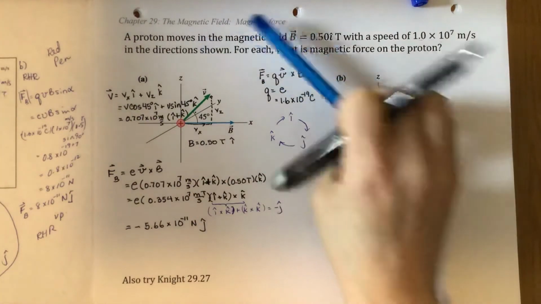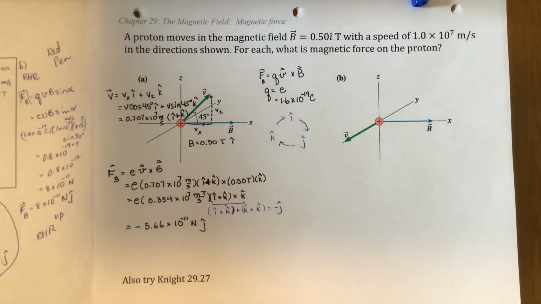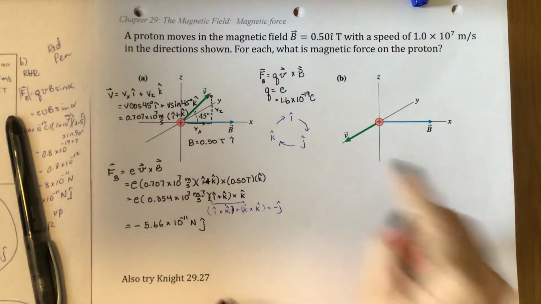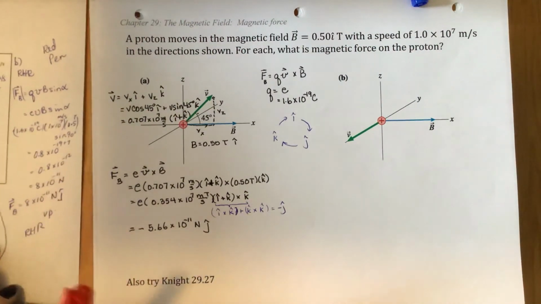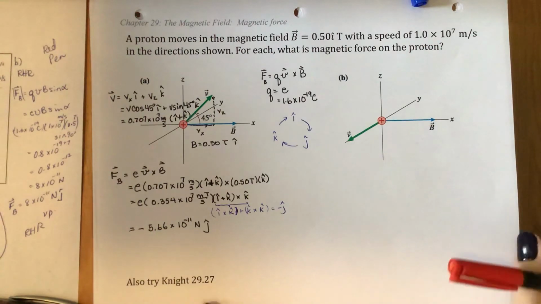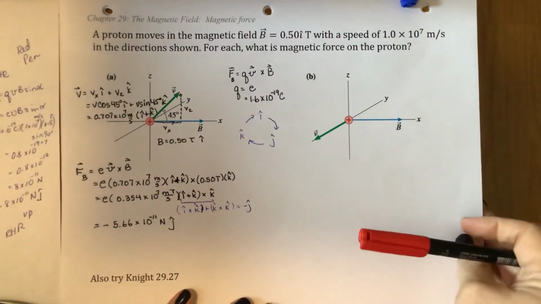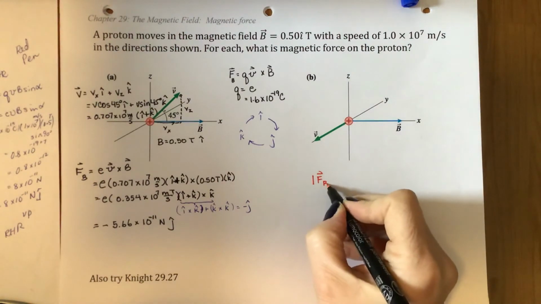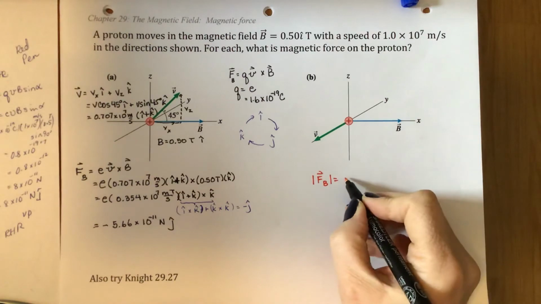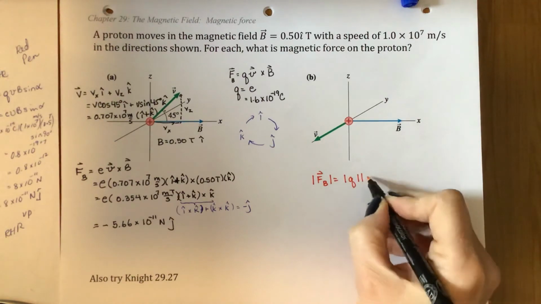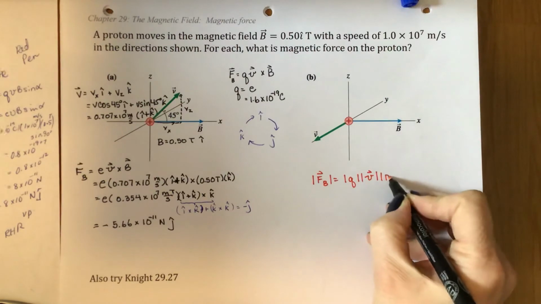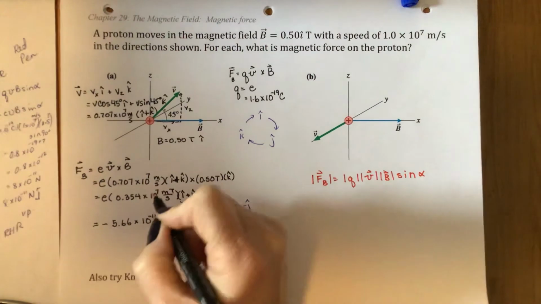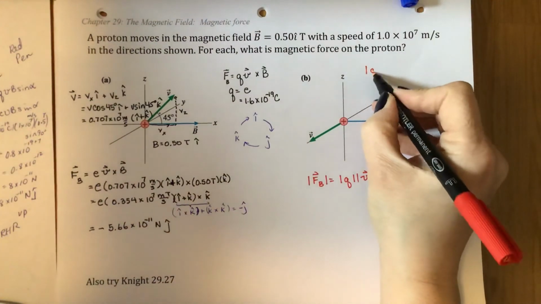Let's have our magnetic field to the right, same as it was before, but this time our velocity is coming out of the page in the negative y direction. Let's do this one using right-hand rule, so magnitude and direction. So the magnitude of our magnetic force is the magnitude of the charge times the magnitude of the velocity times the magnitude of the magnetic field times the sine of the angle between those two things. So the magnitude of the charge is equal to E. The magnitude of the velocity